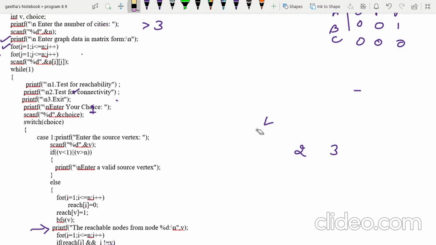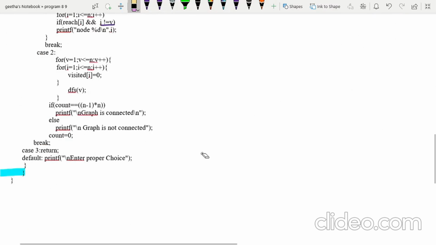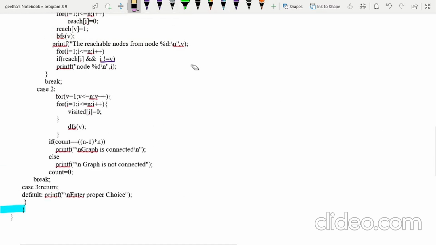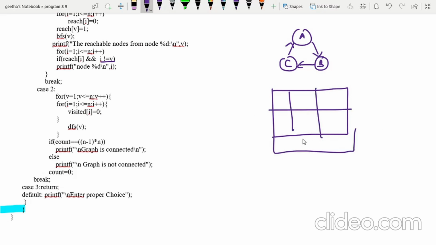Let me consider a small example with nodes A, B and C. I will again number them 1, 2 and then 3.